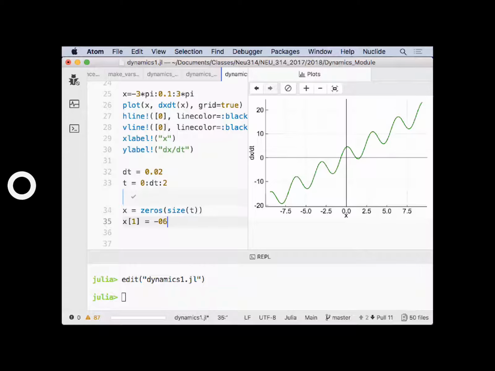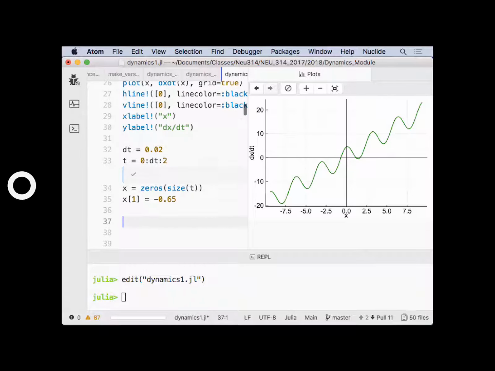So why do we need the initial condition? Because you remember in that Euler recipe, we're always saying from a starting point plus dt times dx by dt, I guess the next point. So you need a starting point. If you don't have a starting point, you can't do it. So we need to specify a particular starting point. Okay. So here's our starting point, and then